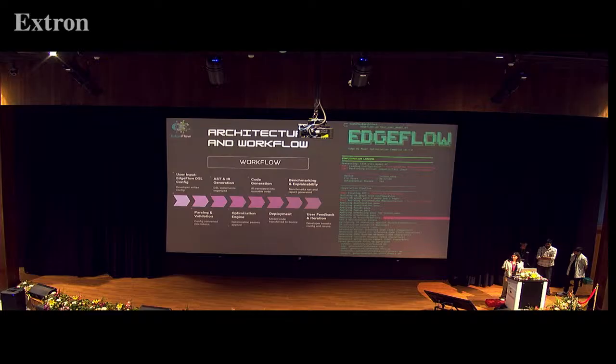Our optimization engine runs various optimization passes like quantization, pruning, and operator fusion to generate device-specific code, which is then deployed to the edge devices. Our benchmarking and explainability module generates clear and transparent reports, and then the developers could iterate through this process, making it a lot faster.